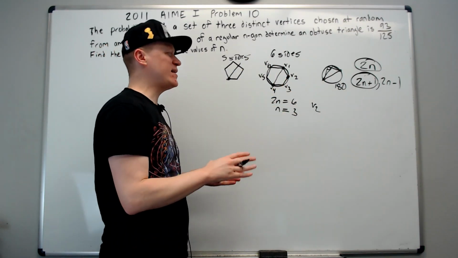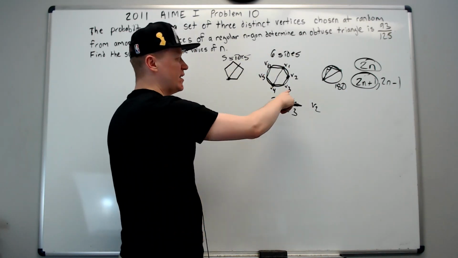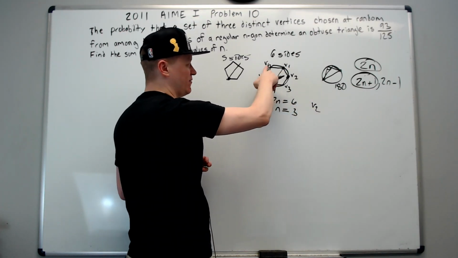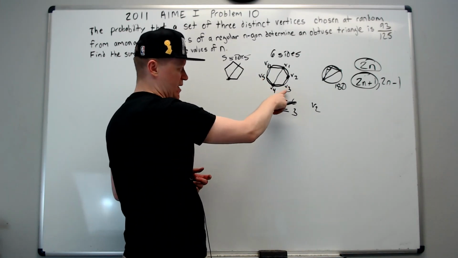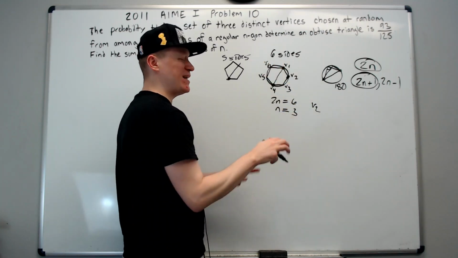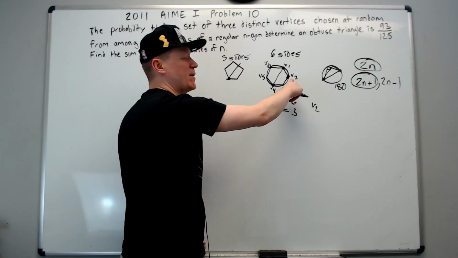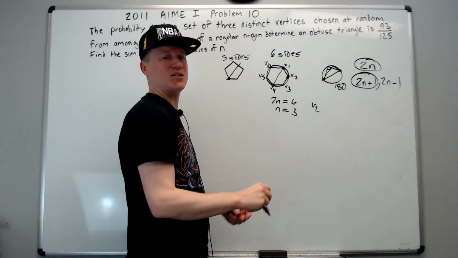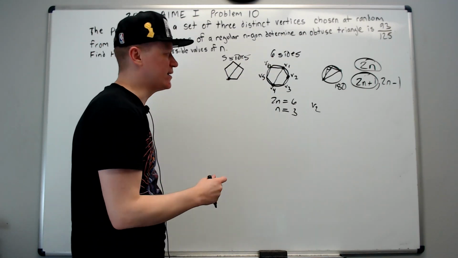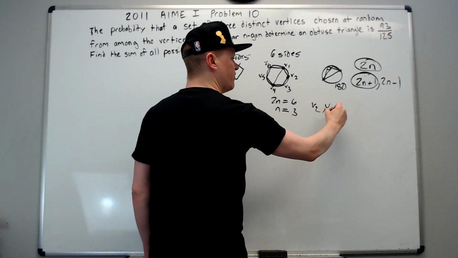Don't think that way. We need to think of it as if I start at this point and go counterclockwise around the circle; imagine you're sitting in a seat at V2. The people to your right would be V1, V6, V5, and so on. And these would be people to your left. So starting from V2 and going counterclockwise, V2 being the leftmost point, it's not really left from the board, but from the perspective of V2 sitting in a seat looking at the circle. Even though there's no people and no table and no chairs, we can still think of it that way. It's similar in concept. So the points to the right of V2 are V1 and V6.